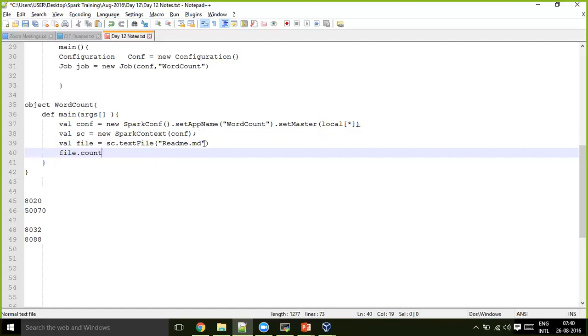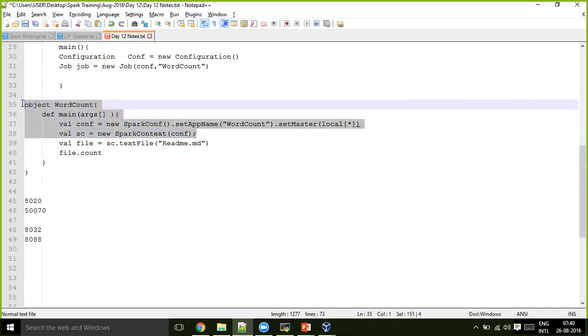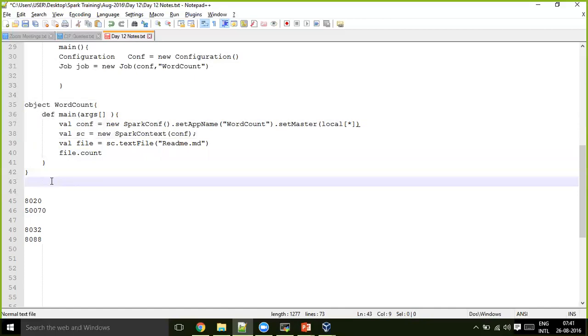So the difference between your shell and your application that you write inside Eclipse is that you write all this logic inside a singleton object and main method, and create a conf and SparkContext. These extra four lines you will see, and anything else that you write here. The rest of it you can directly test and execute first in the Spark shell. If it gives proper results, then you can put it into your program, build it as a jar, and then the jar can be submitted onto the cluster.